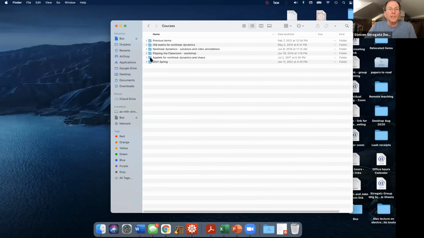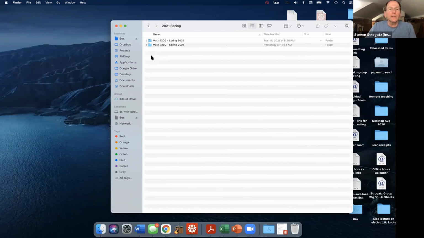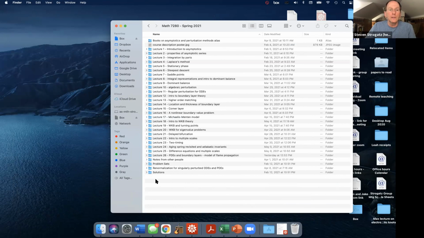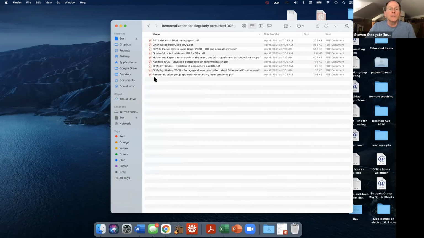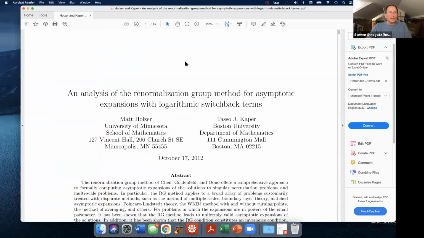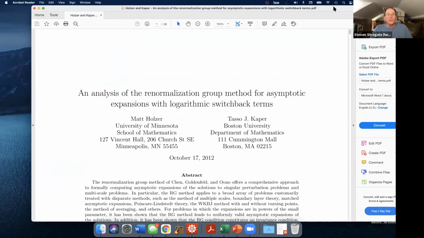I think I want to go here and here and here. And renormalization. So it's this paper. This is a topic we never even got to in the course, which is